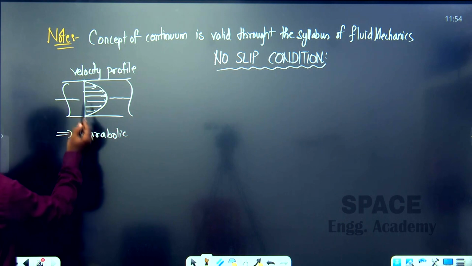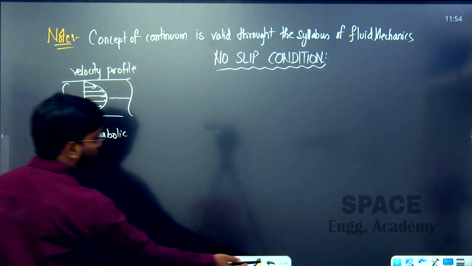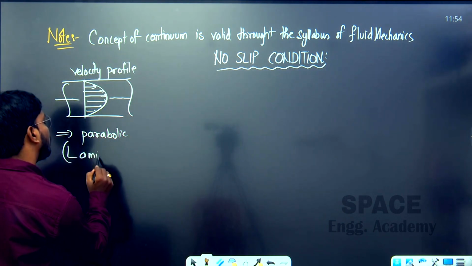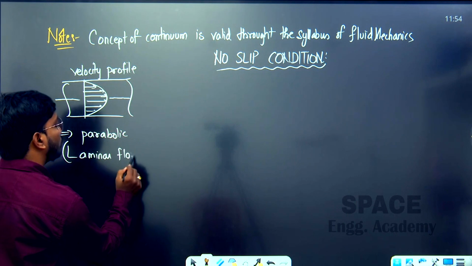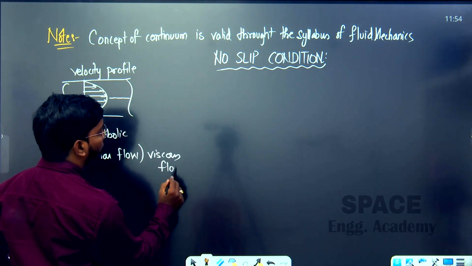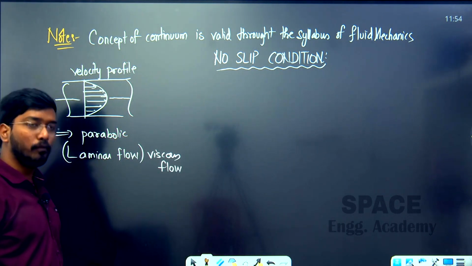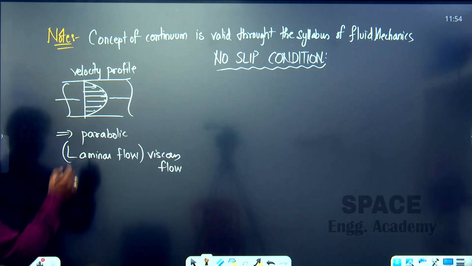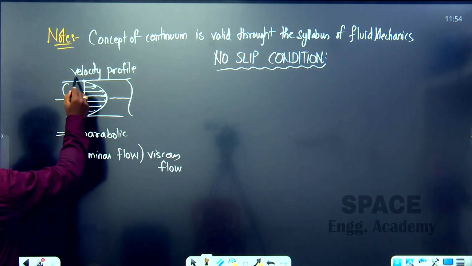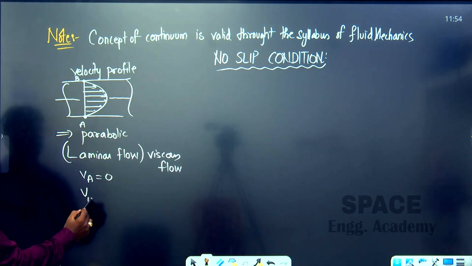Generally, in real fluid flow, we can say this is laminar flow, viscous flow. Which flow is this? Laminar flow. Viscous flow is happening. Resistant flow, oil flow, grease flow, retarding flow, decelerating flow, all come under viscous flow. Here at this particular point, let's say this is point A and this is point B. So we can say that the velocity at particle A is equal to 0, velocity at the B particle is